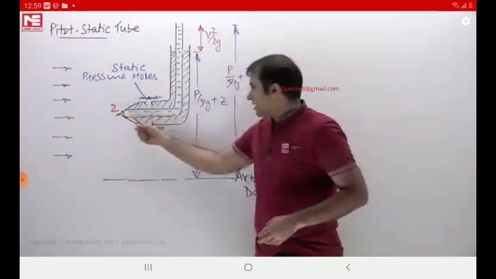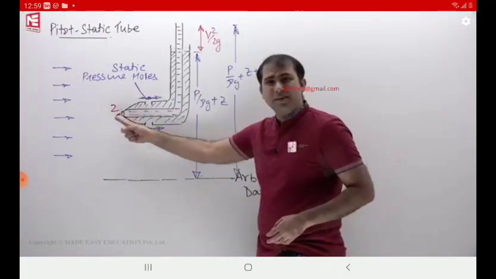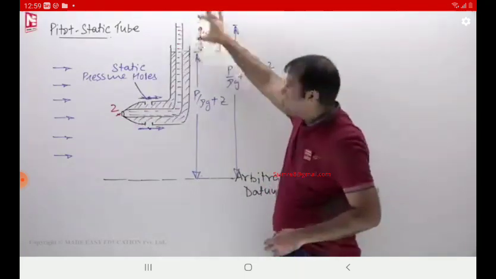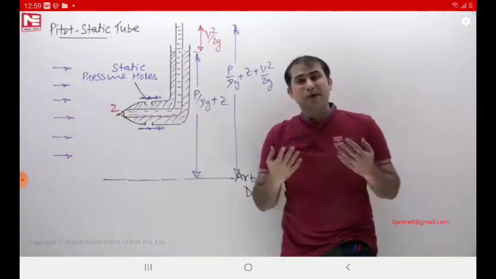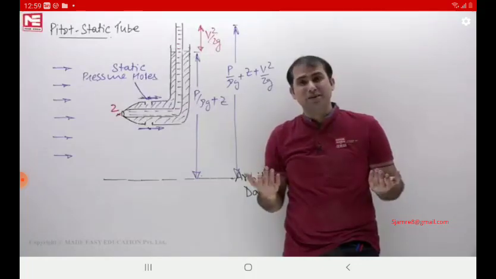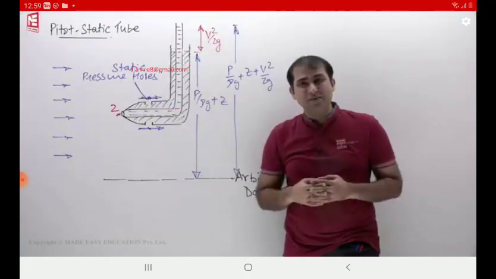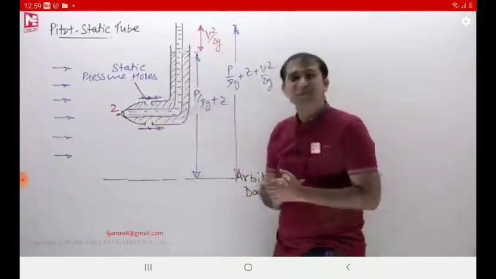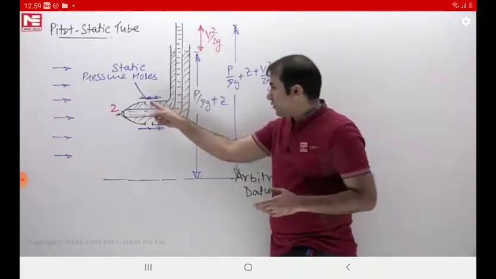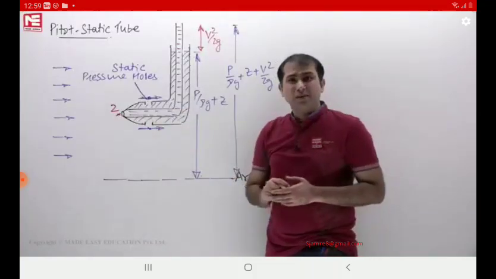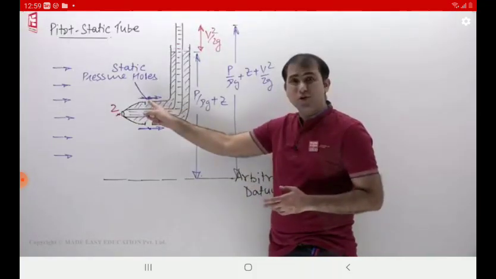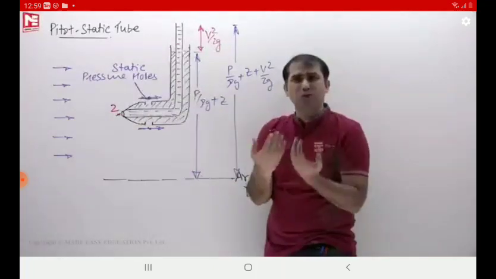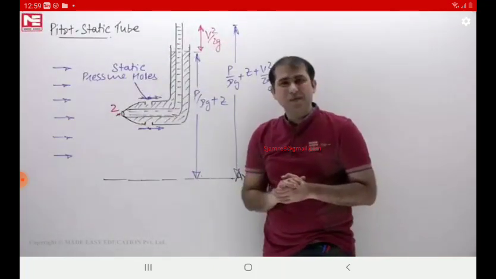The flow is going to strike here, and whatever the kinetic head is, it is going to be converted into pressure head. That was reflecting separately, but we wanted that we can also measure the static pressure. So for that you modified the device like this. These are peripheral holes to sense the static pressure. That's why I've written static pressure holes. Actually these are the holes to sense the static pressure.